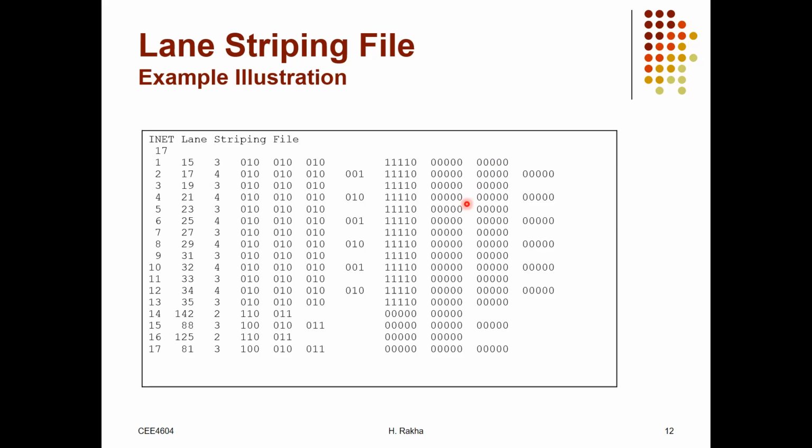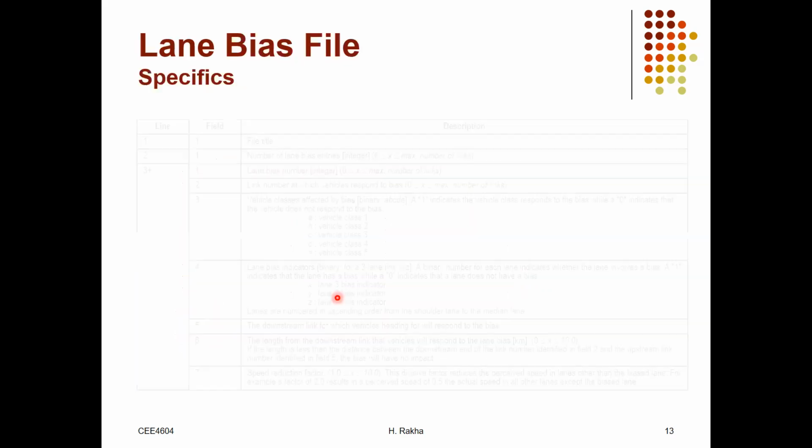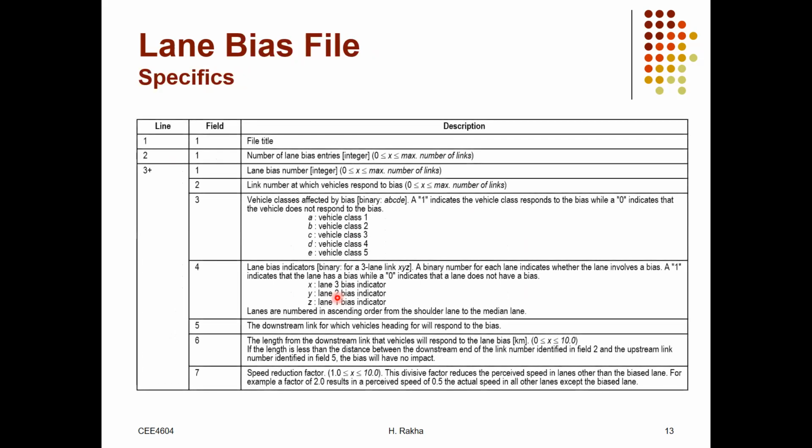With this, you should be able to do the last question in your assignment number 6. You should have all the material that you need in order to finish your assignment. The lane bias, we won't get into this, but you can actually have lane biases. For example, an example of a lane bias is